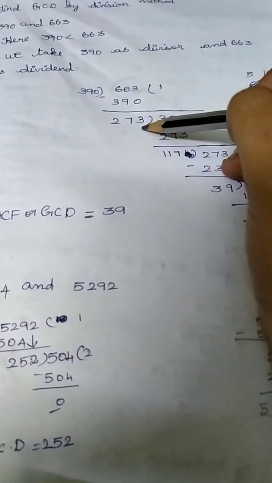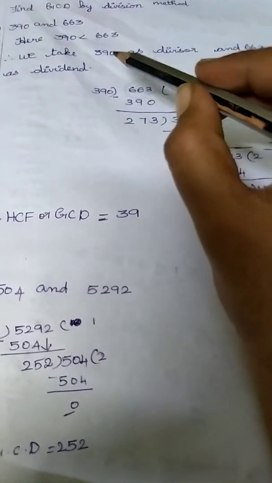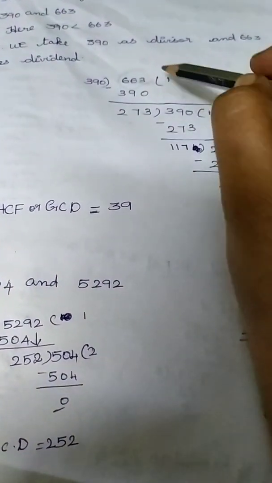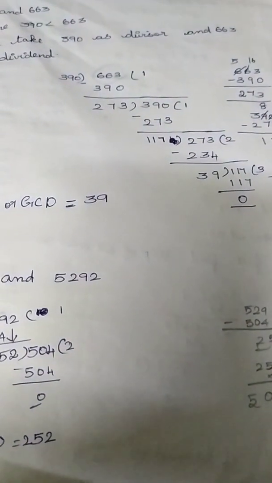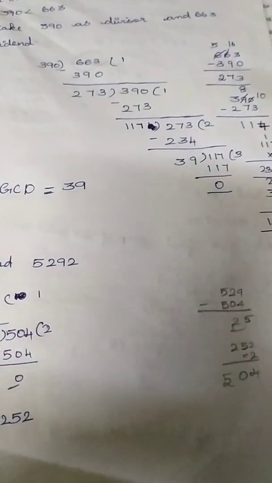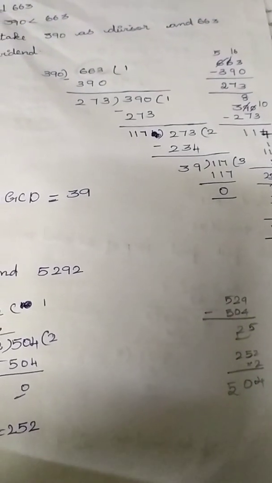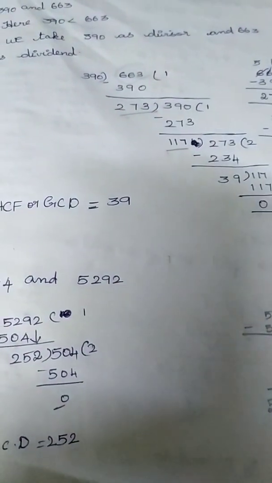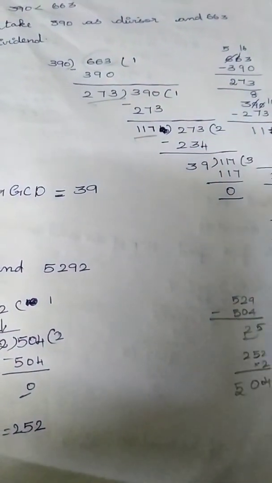Now compare this 273 and your divisor. The divisor is bigger. So you write this divisor 390 as the dividend and you are going to divide it by 273, what you have subtracted. 273 twos would be bigger than 390. So one time we write, and we subtract 390 minus 273. If you subtract, you are getting 117. Now 117 is smaller when you compare to the previous divisor. So you take this 273 divisor as your dividend.